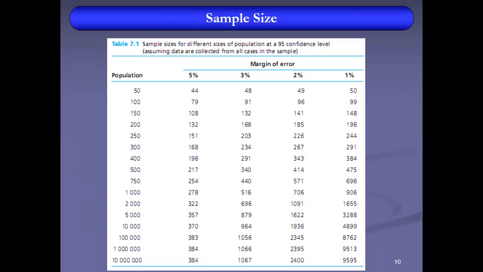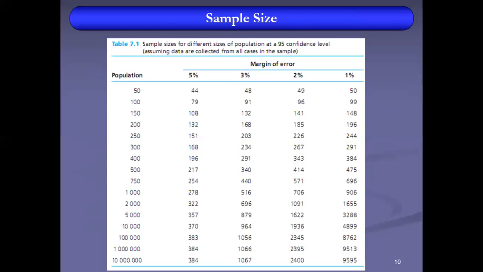For example, we have a population of 50. If the margin of error is 5%, then we have to select 44 people in our sample. When the margin of error is lower, the sample should be higher. For example, if we have a margin of error of 1%, then we have to select the whole population.